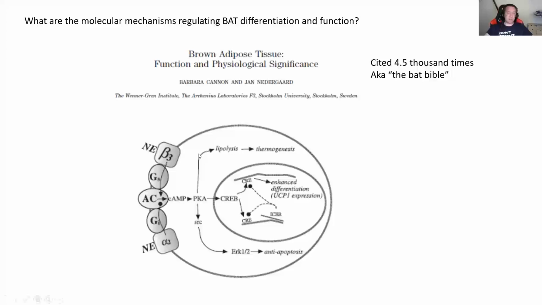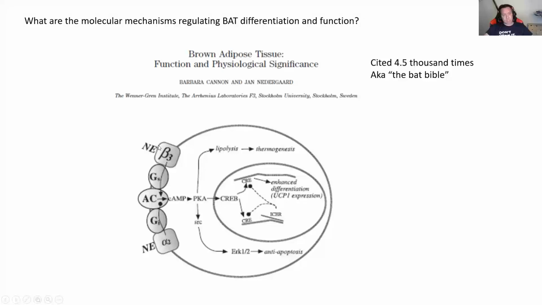So this is a figure I have cribbed from Brown Adipose Tissue Function and Physiological Significance. This is a review from, I think, 2004, written by Barbara Cannon and Jan Nedergaard. It's been cited 4,500 times and is also known by many in the BAT field as the BAT Bible. It's a fantastic resource if you want to know about brown adipose tissue. Even though now it's pushing 16 years old, it's still superb. Anyhow,